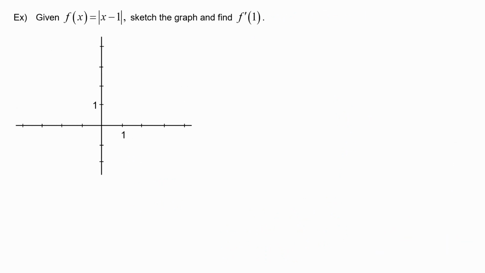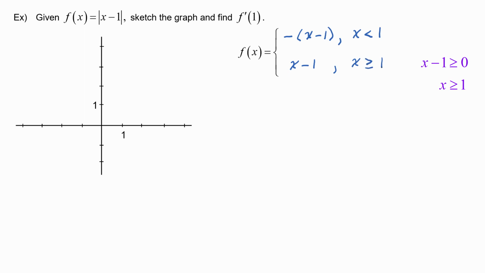In this example, given f of x is the absolute value of the quantity x minus 1, sketch the graph and find f prime of 1. Because f of x is the absolute value function, we know we can write it as a piecewise defined function. So it will be the opposite of x minus 1 whenever x minus 1 is less than 0, which is when x is less than 1, and it will be x minus 1 whenever x minus 1 is greater than or equal to 0,